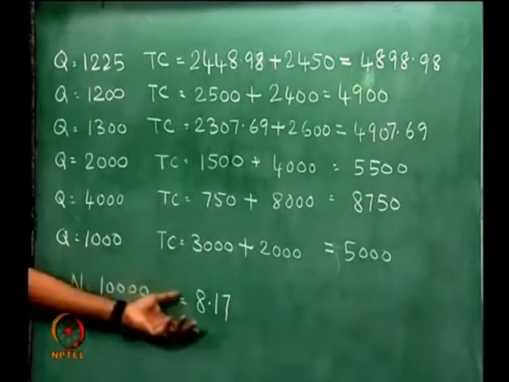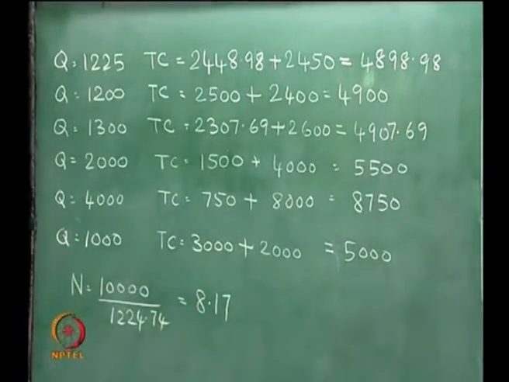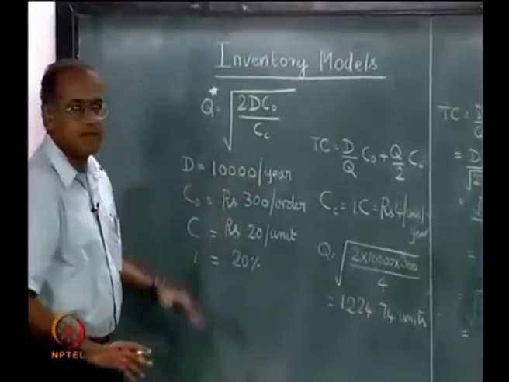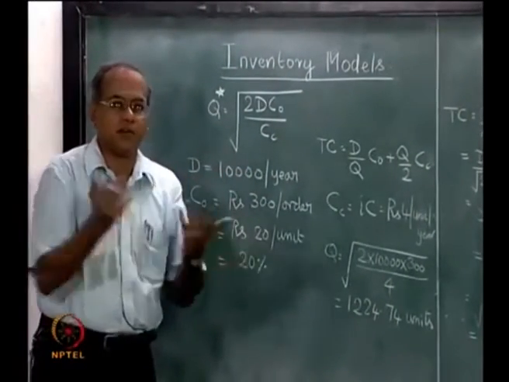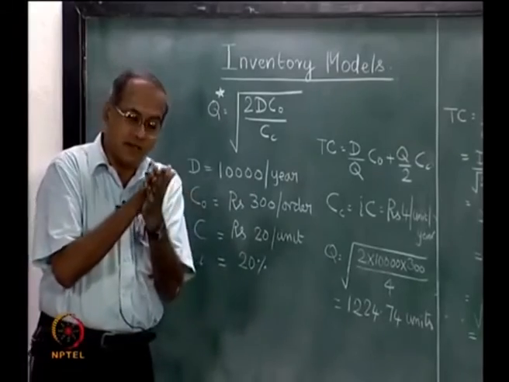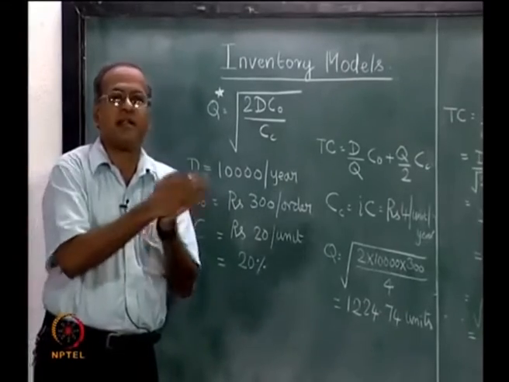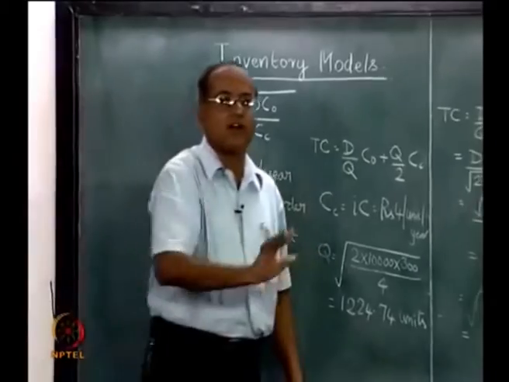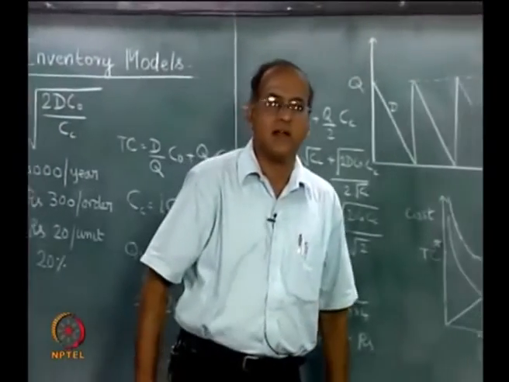So it is always possible to try and have an integer number here, more for the sake of convenience. And when we have an integer number here, and if this is a very comfortable number like 10,000, then the order quantity also becomes a very comfortable number. Or even if it does not become a comfortable number, or it is a fraction, it can always be rounded off to the nearest 100 on either side, and so on.